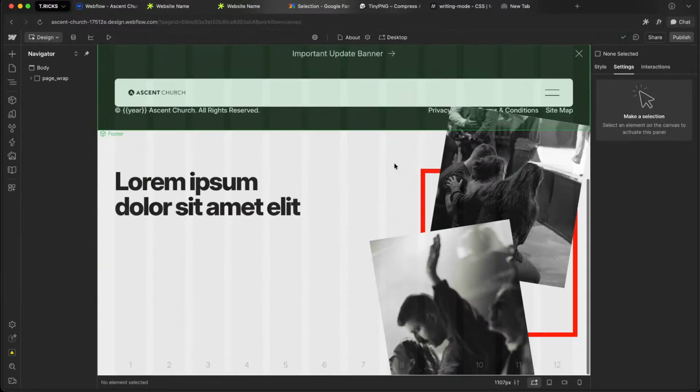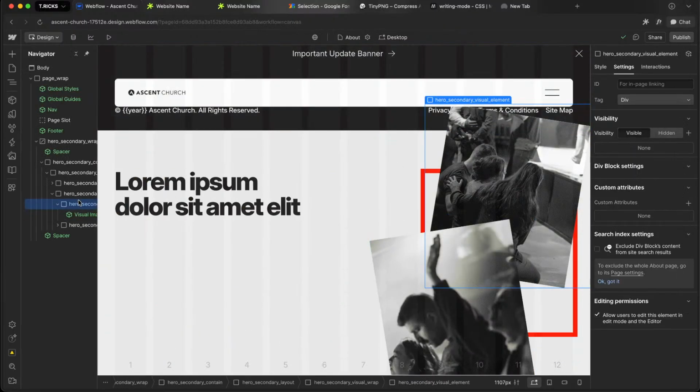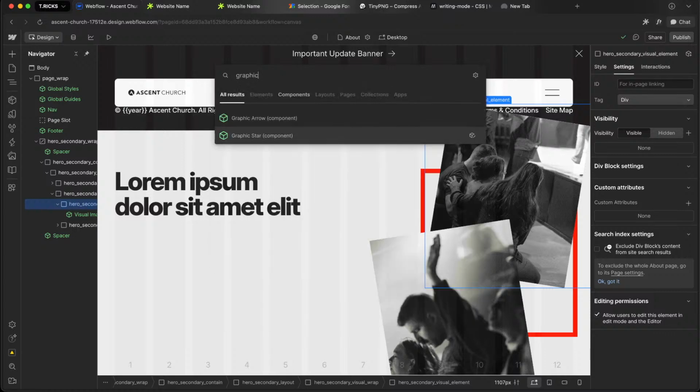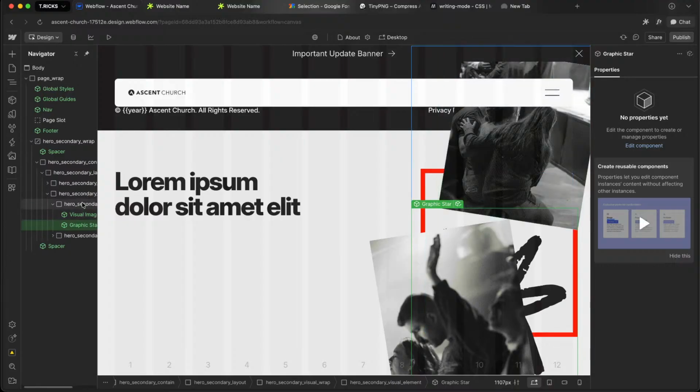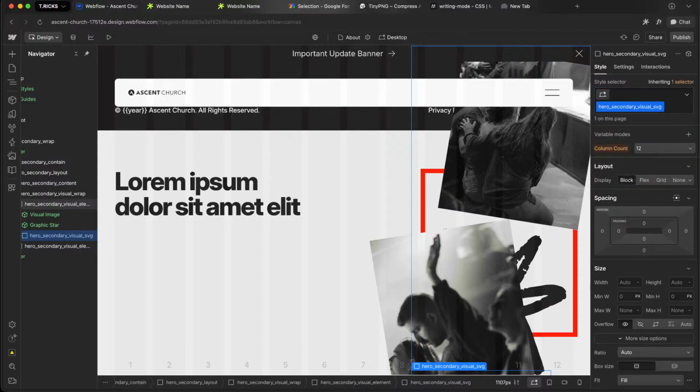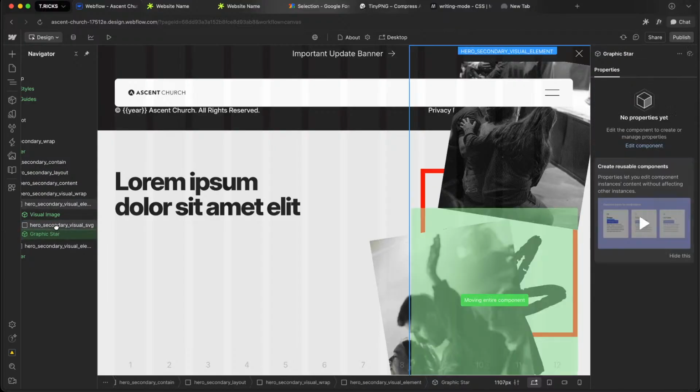And then so now if I search graphic, I should have the star one, and let's drop it in here, call it SVG, drop this in,